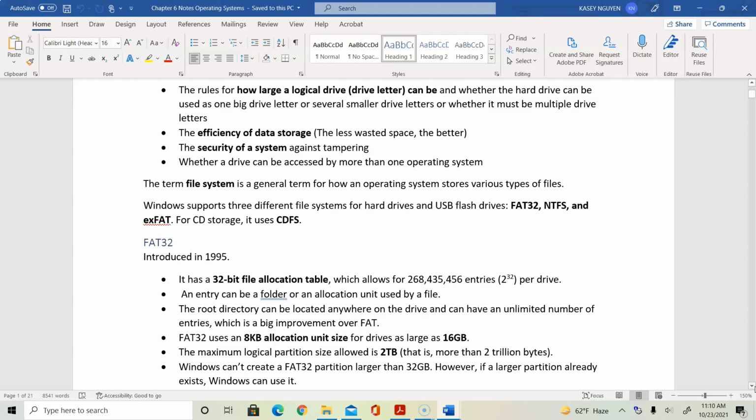Now, the FAT file system, FAT stands for File Allocation Table. If you use FAT32, that is 32-bit file allocation table, which gives you 2 to the 32nd power per drive. So you would have many of the file entries compared to if we're using FAT16 or the older file system that's under FAT. Now on FAT32,